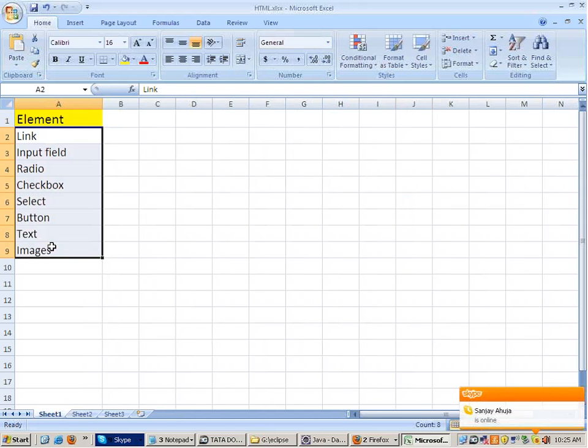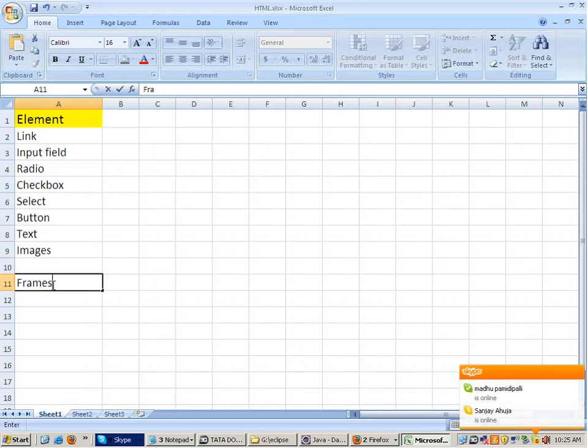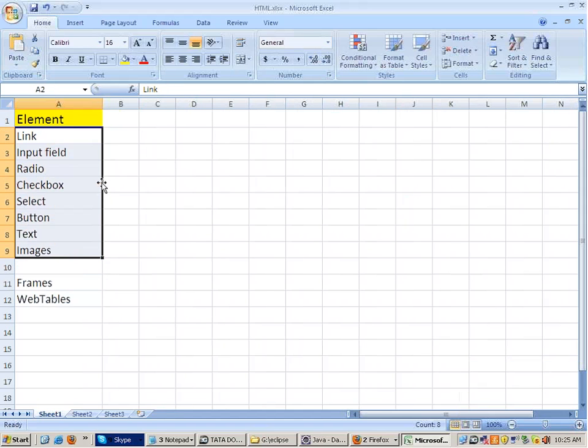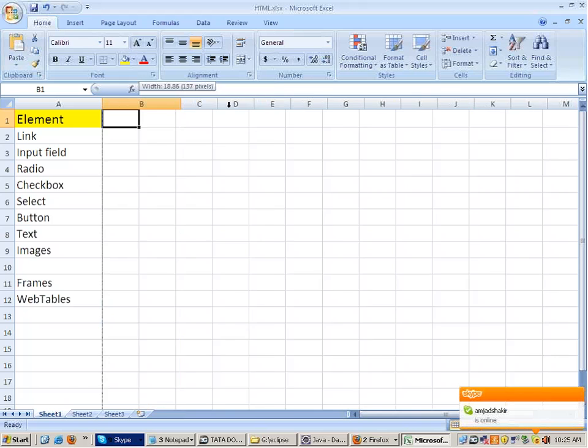I'm not talking about the Flash components. Flash-based testing is very different. Apart from this, you have something known as frames in a page, and you have got web tables as well. Now, frames and web tables are not visible to the normal human eye. Okay. So now, how are these elements detected? Now, don't try to compare Selenium with QTP. If you know QTP, then keep that knowledge aside, because Selenium works in a little bit different way than QTP. In QTP, you have got classes for all these things. Don't actually compare it with that. So now out here,